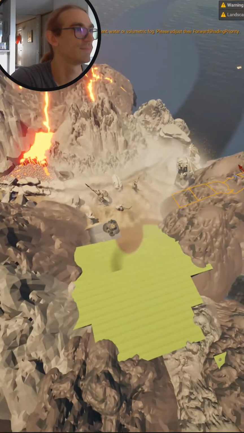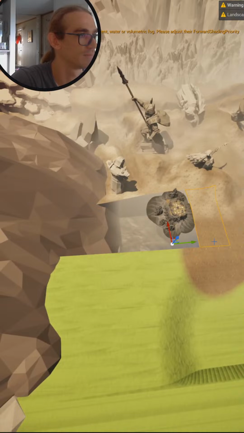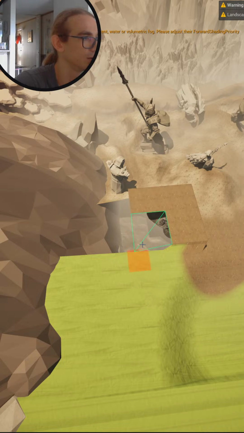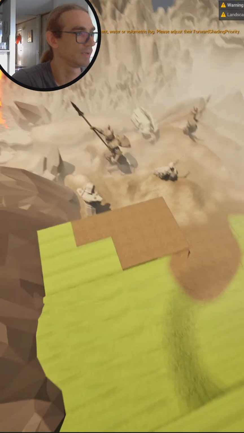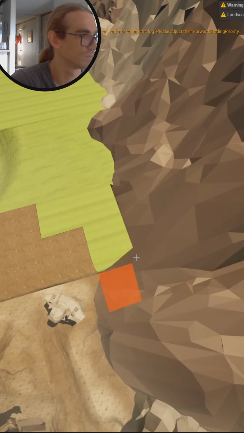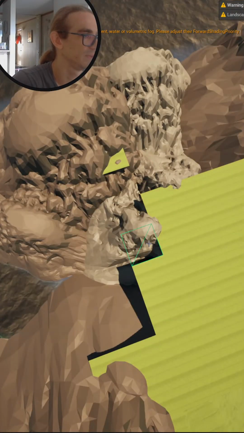Not sure. No, actually it's not that. Let's go landscape and add right here. Maybe we deleted it by mistake. Okay. Just add a little bit more so we can actually paint on it. Nice. Then I just want to maybe add one more here,